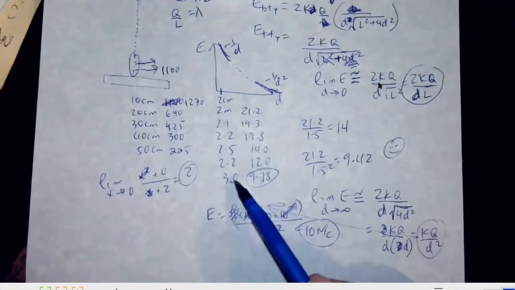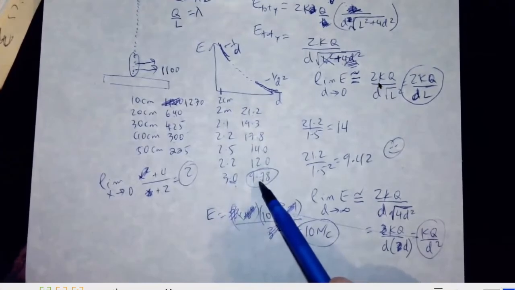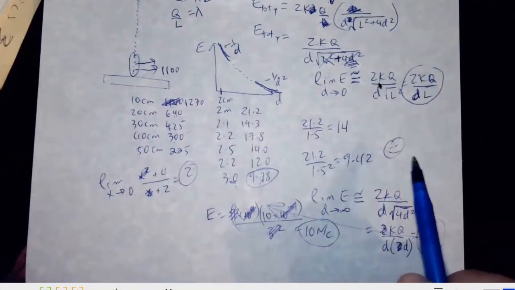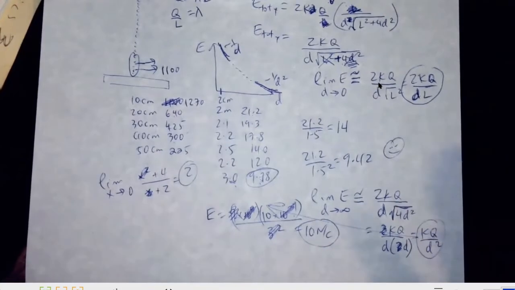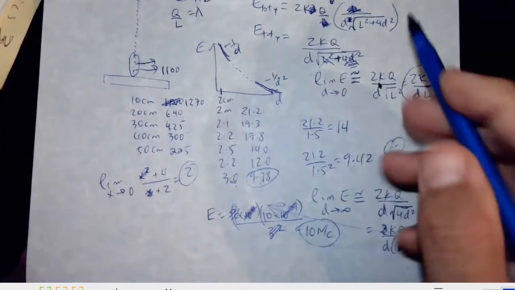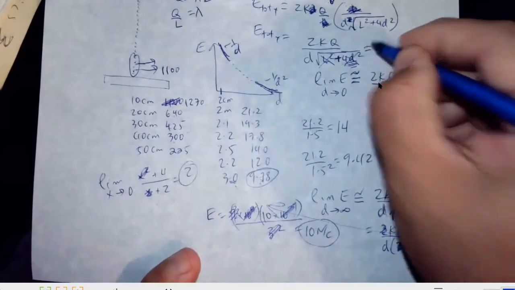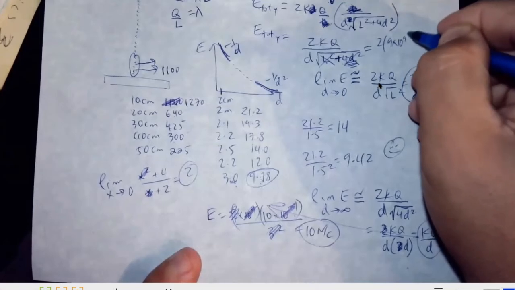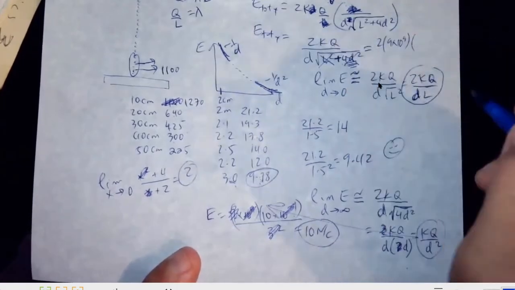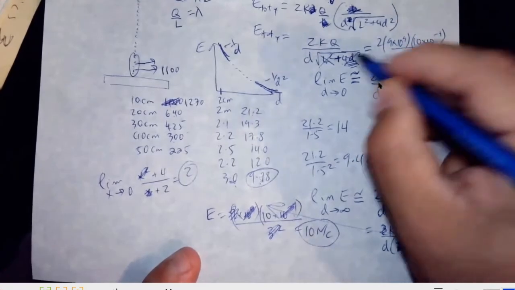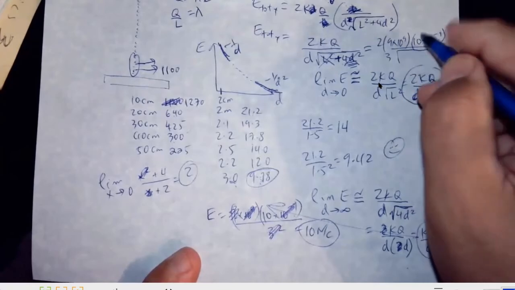But of course, if you're not using the simulation and you're just given a random rod and you're told, find the electrical field at a certain distance, how are you going to know if that distance is far enough to be using this equation? So if you're not sure, you're always safe to use this equation. So if you're going to use this equation, what would you do at that same point? 2, 9 times 10 to the 9th, q, you would put 10 times 10 to the minus 9 over d would be 3,